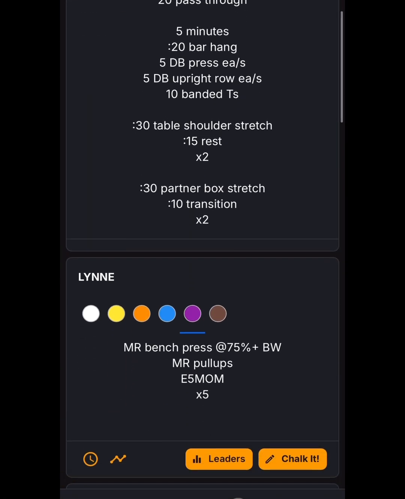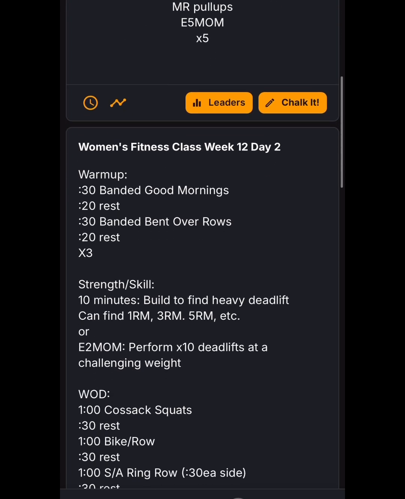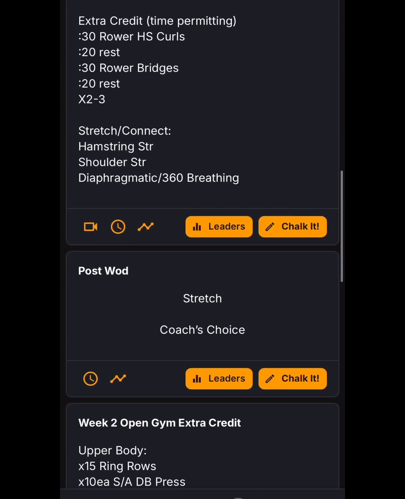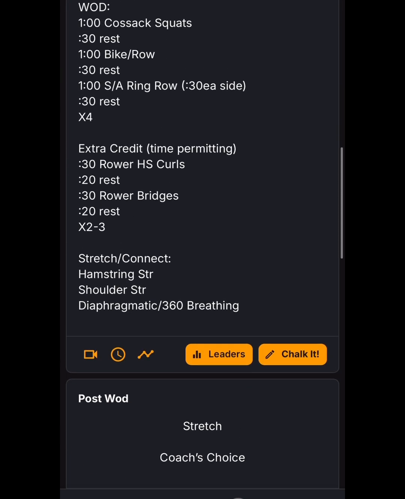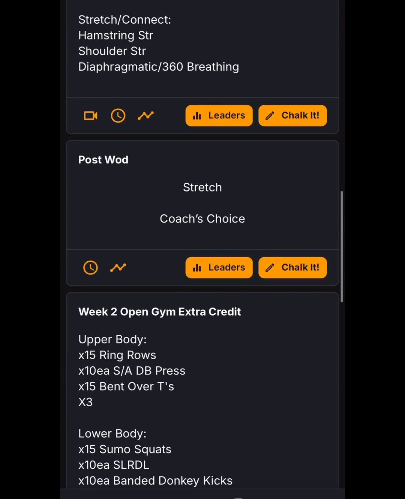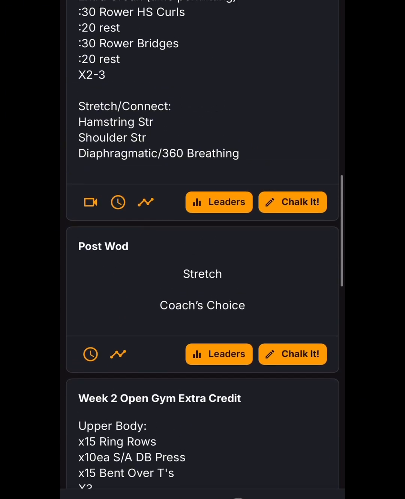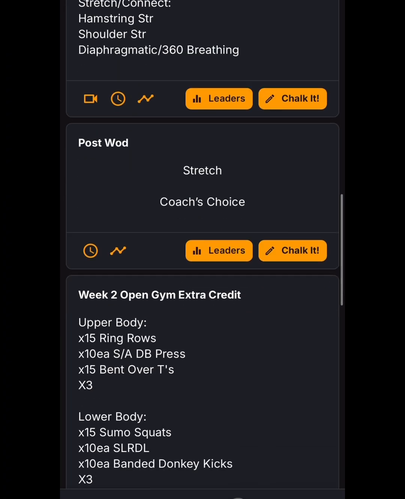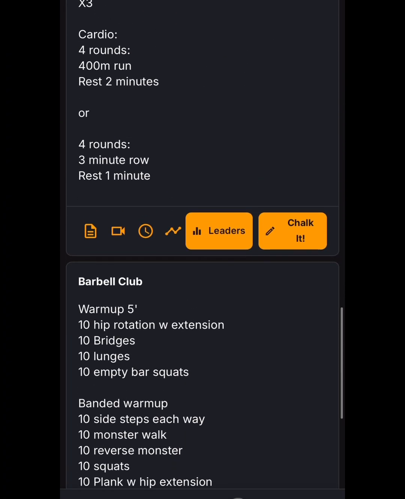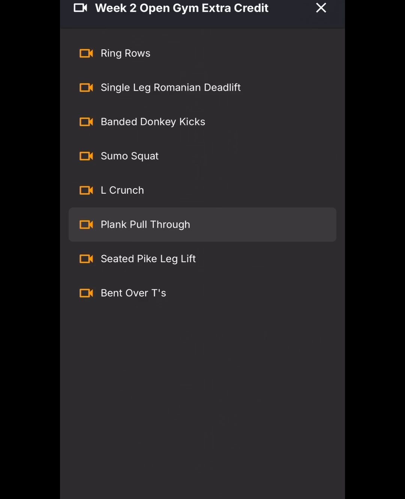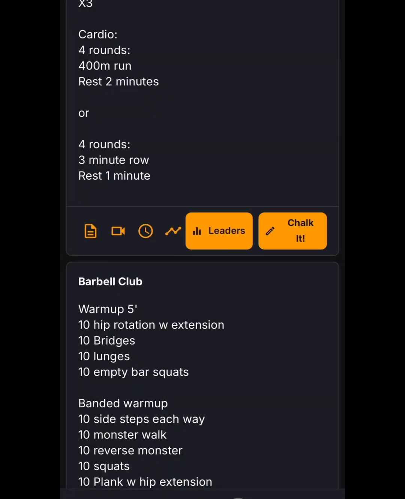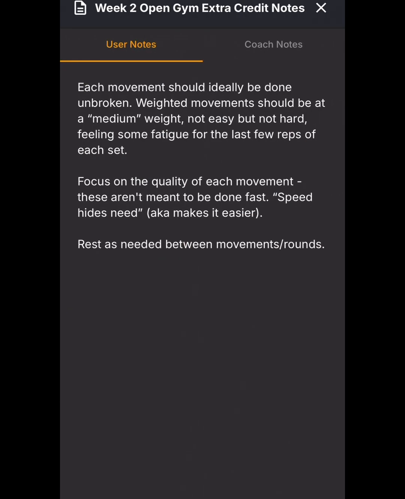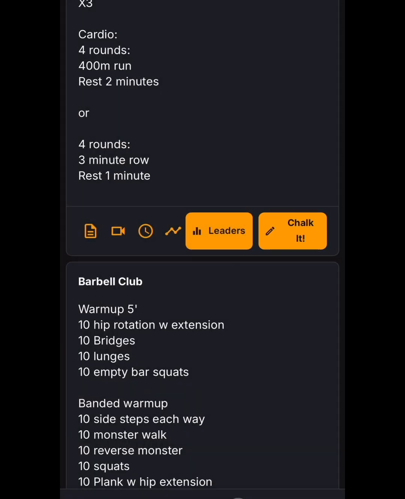Some other cool functions on our home screen: there are a couple of buttons beneath each workout. That little clock one is going to show you if there are any previous results. If you've logged that workout before and you click on it, you'll be able to see that previous score. Clicking on the little movie camera looking icon is going to show you if there are any movement videos linked to that workout, so you can see what movements you're supposed to do. You can see I attach those there. The little notepad looking one is going to show us if there are any notes or